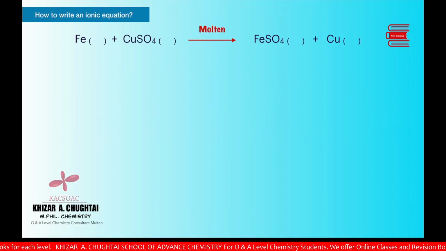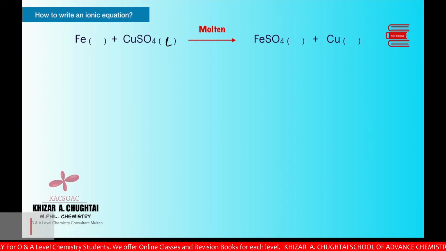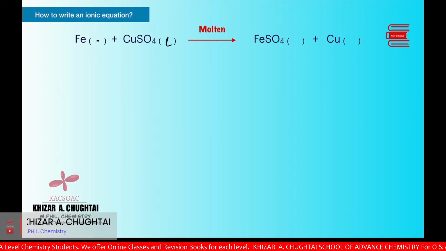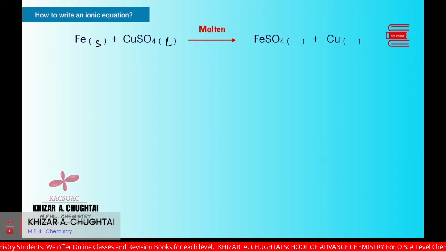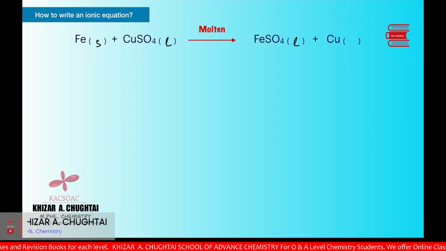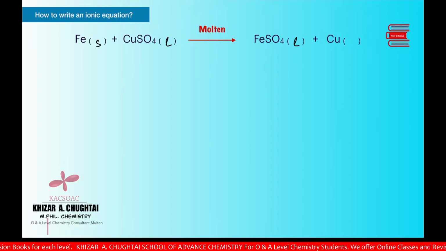If a piece of iron solid is dipped into molten copper sulfate. So molten copper sulfate has L as its state symbol, and initially the iron is solid. Come towards FeSO4, again it will be liquid because it's molten, and the copper that is going to be formed, if we are going to treat this reaction at high temperature, once again will be in liquid state. Now come towards the case of molten,